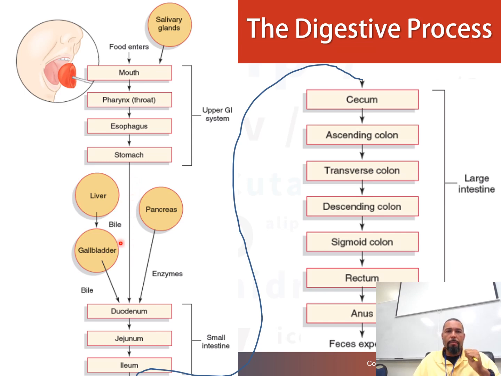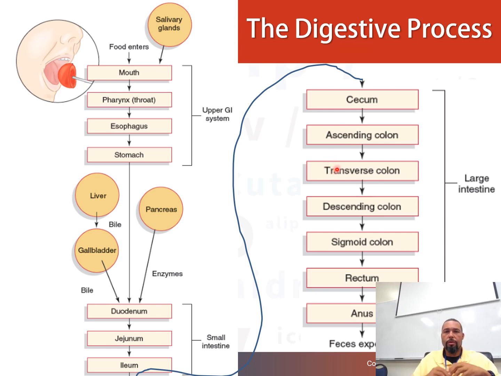The liver, the gallbladder, and pancreas, those are accessory organs, and we'll address those in a later slide, but they bring in your bile and they bring in your enzymes into what's called your duodenum. In your duodenum, from there it goes into the jejunum, the ileum, the cecum, following to the ascending colon, your